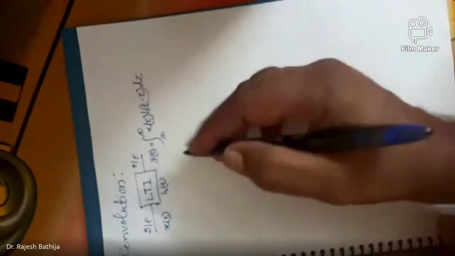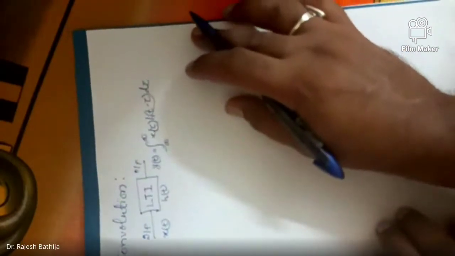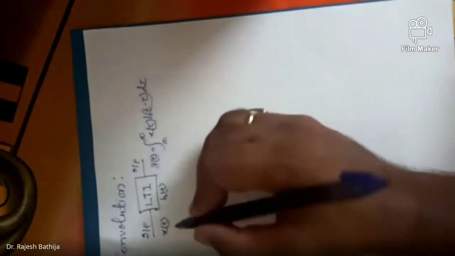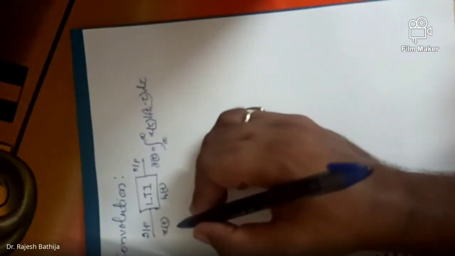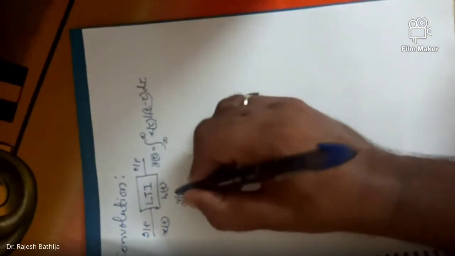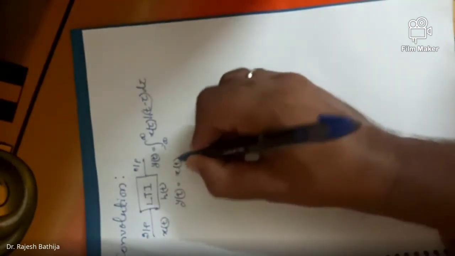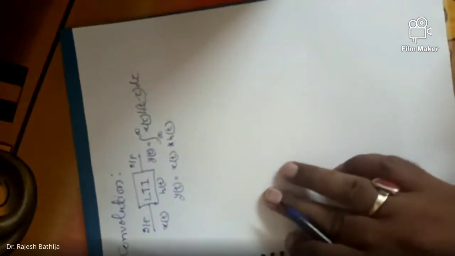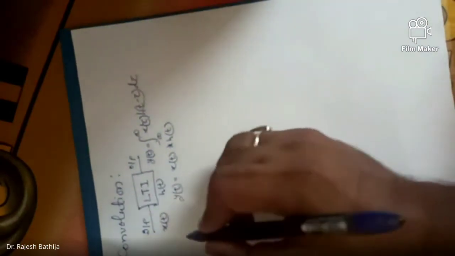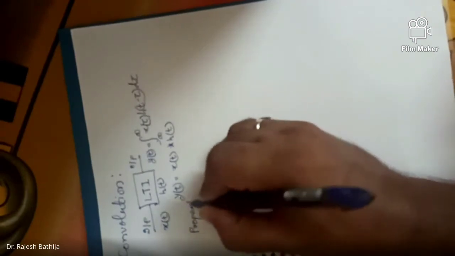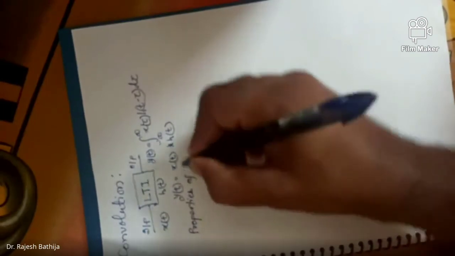This is the derivation we have done last time. So y of t equals this value, x of tau h of t minus tau d tau. Today we concentrate on how to evaluate this integral, and that is how to do the convolution. The convolution is given by this operator, called the convolution operator. Before finding the convolution, we should understand the properties of convolution.